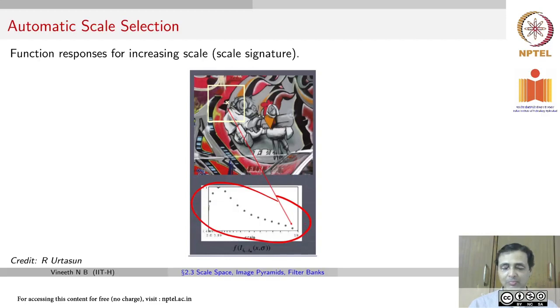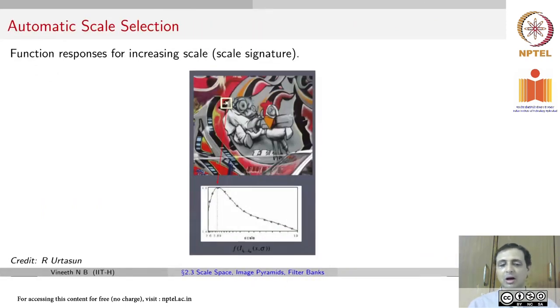So the takeaway from this graph is that we seem to be getting the maximum Cornyn measure or the maximum Cornyn response at a particular scale, which is going to be important to us. At that particular scale is when the Cornyn measure is the highest for that particular key point in that given image. So how do we take this forward? We now take another image. So in this case, as I said, that's the maximum. That's what we're showing in this particular slide.